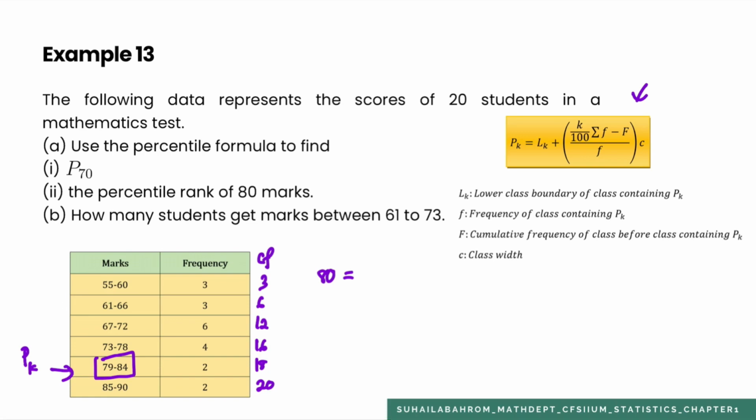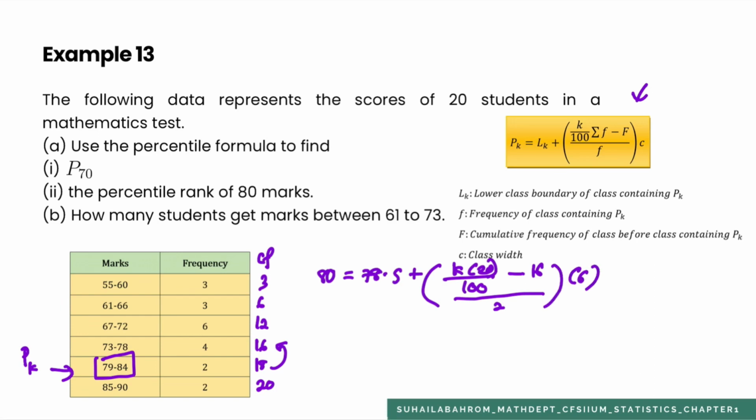So the lower class boundary is 78.5 plus K, we do not know what K is, that is our unknown, times the total frequency of 20 divided by 100, minus the cumulative frequency before that PK class, which is 16, over the frequency of that class, which is 2, times the class width, same as before, which is 6. So when you solve for the value of K, you will get K is equivalent to